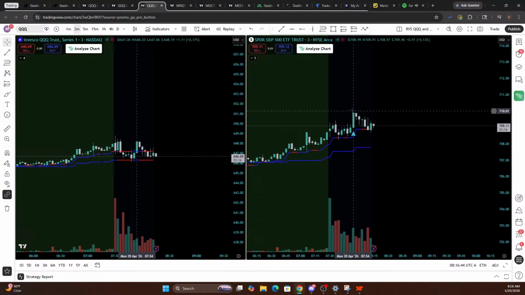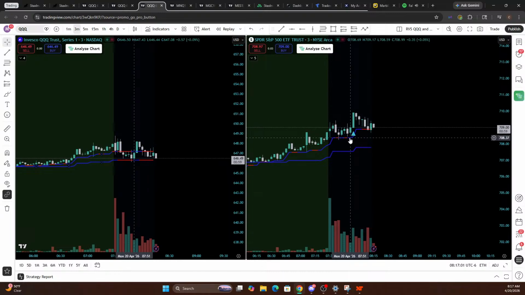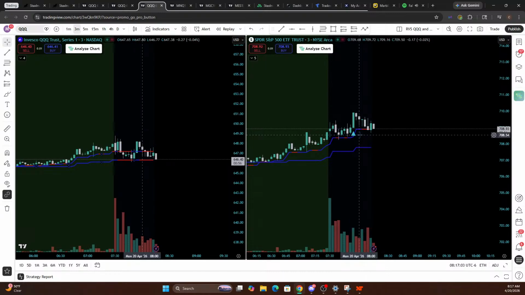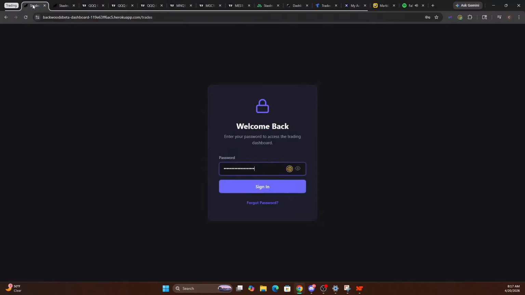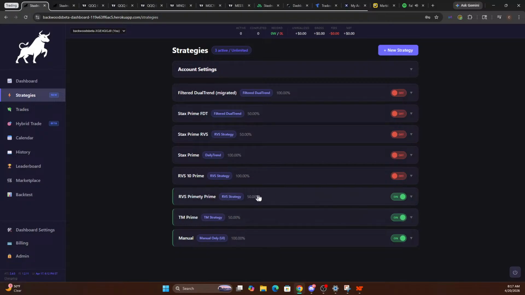Here you can see that this one took off, and the amount of volume that happened for this price move compared to some other ones triggered that. And my experience so far, just back testing and stuff, is that these RVS signals will either be quick winners or you can cut out quickly. So the strategy that I'm running for the RVS starts at 9:30, since I've found that later in the day works better. So my strategy for the RVS,